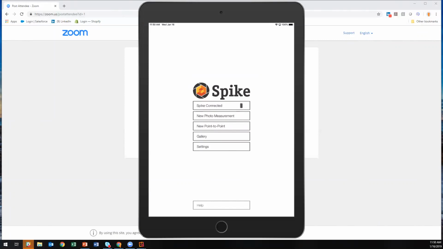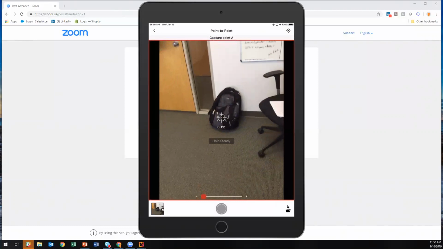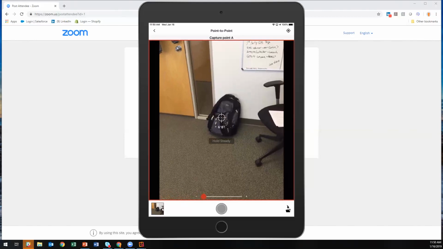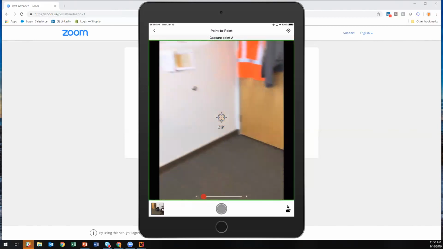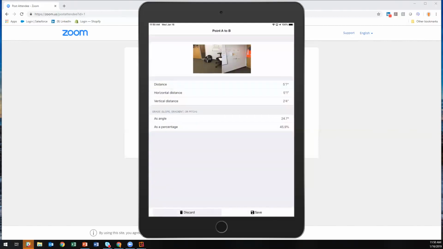So point-to-point, remember, is measuring not on a 2D space like we do with photo measure, like on the ground or on the wall, but between two objects. So let's say, for example, that you remember that suspicious package that we had, and I want to measure the distance between, say, something else, anything. So I just put the laser on it, I hold it steady, take the first photo, and we'll measure up to here. Take that second photo, and it gives me the distance between those two targets with photos for reference. We'll be adding that into Survey123 here shortly.